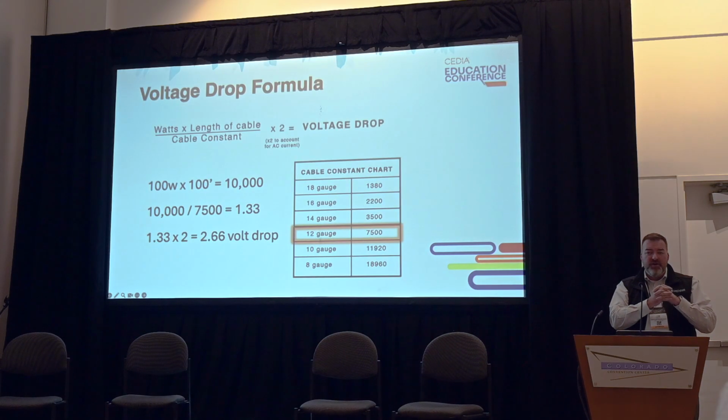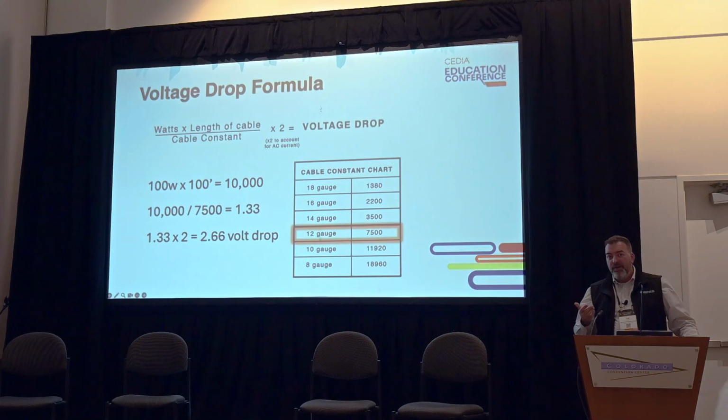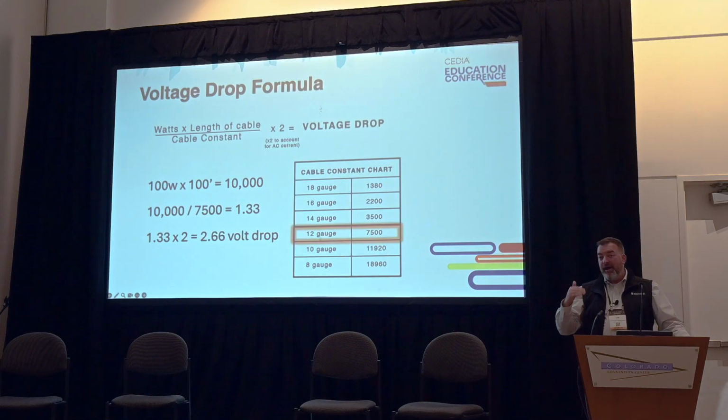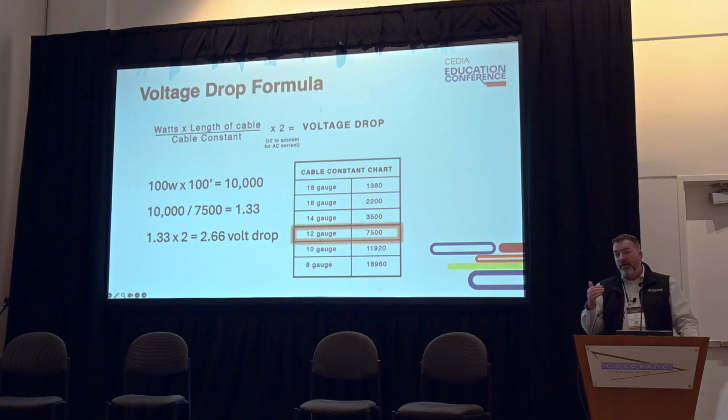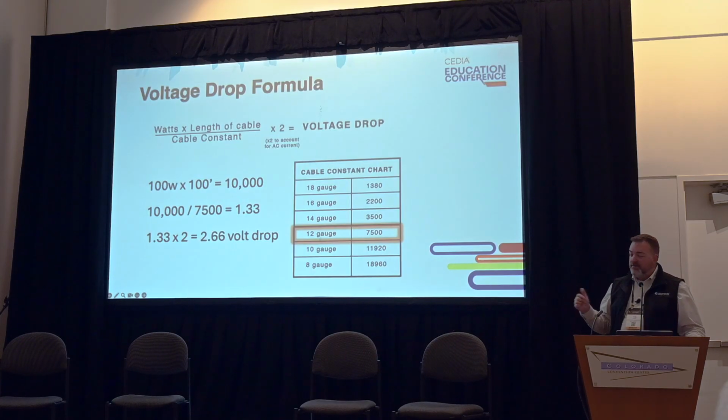In the old days of halogen, we had a really narrow window, 10.8 to 11.5 volts. We had to get those light bulbs in range, otherwise they'd burn out prematurely, or a bad tungsten would coat the insides of the bulbs. LEDs are much more forgiving now, but now that LEDs are getting higher powered with higher VA ratings, we're finding issues where people don't understand voltage drop and aren't calculating for it. When you kick that power on, you get a disco show, and people don't know why. The power has plummeted, they don't have enough power to operate those LEDs, and they just flash. So understanding voltage drop and knowing these formulas is very important pre-planning to make sure you're accommodating enough